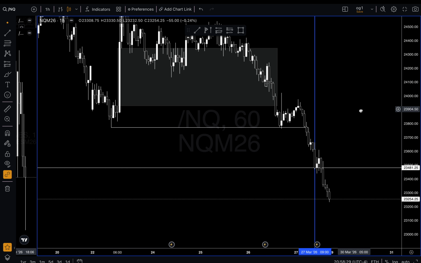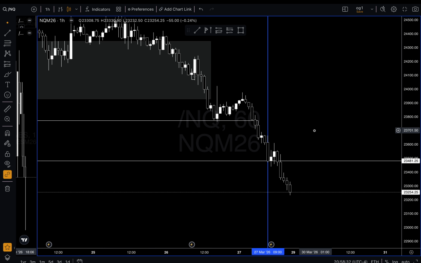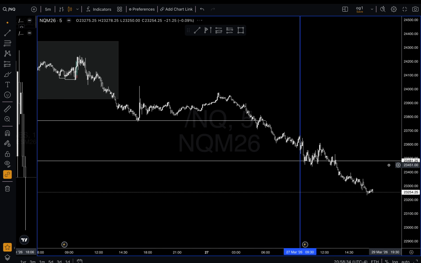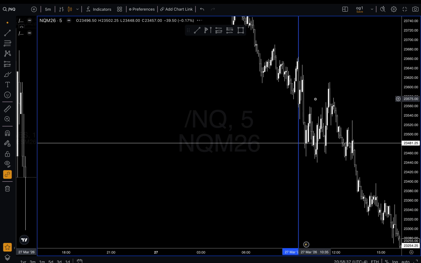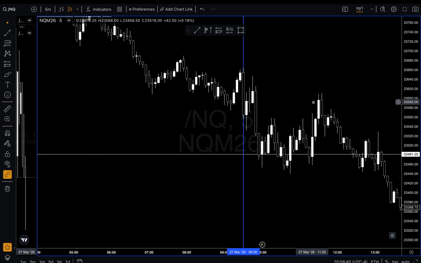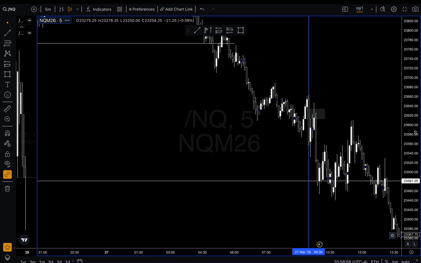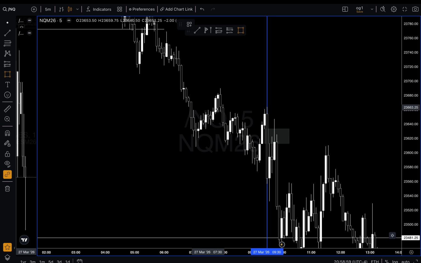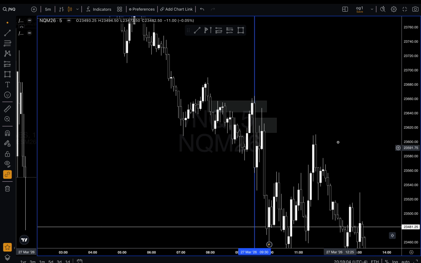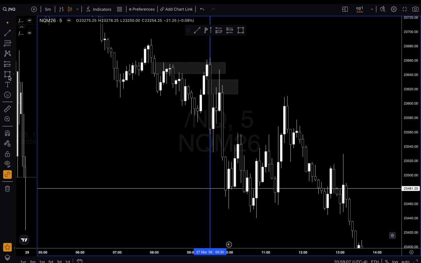I put a line here at open, but let's see what happens before that. What I like looking for is a pullback into a 5 minute. When I have a lot of conviction, I don't necessarily need a 5 minute, but based off that concept alone there were multiple pullbacks we could have capitalized on. There's a pullback right here into a 5 minute, which was actually after market open. I was also looking at this pullback right here, pre-market. Look how that respected. Then we have yet another 5 minute here.